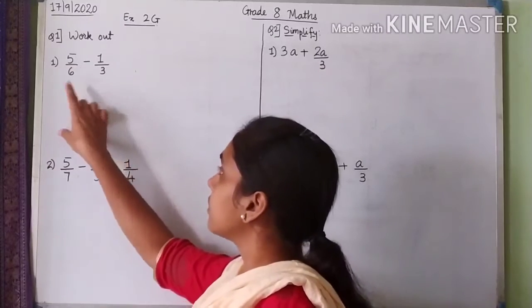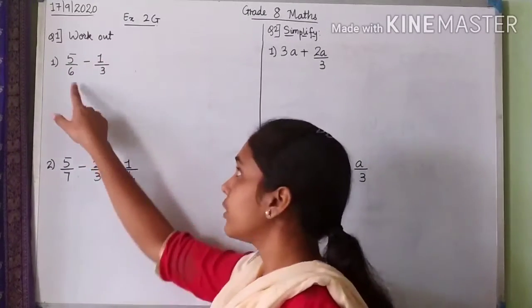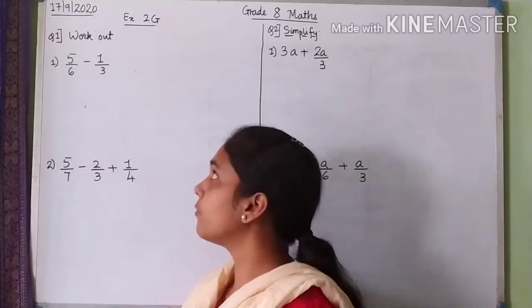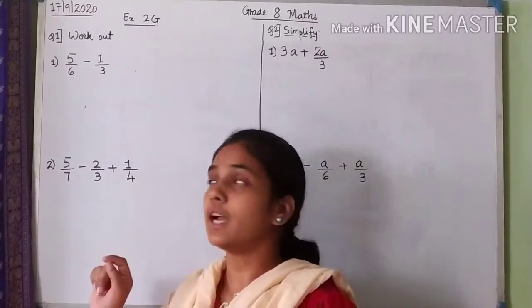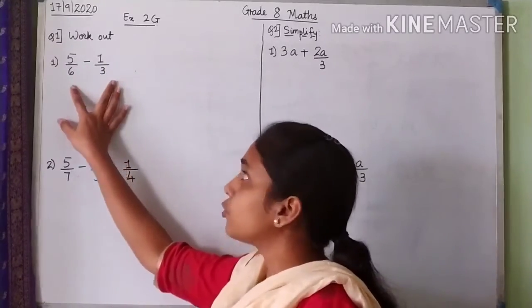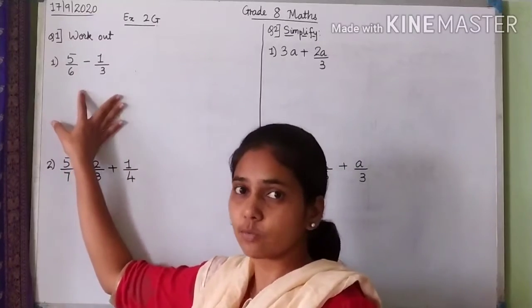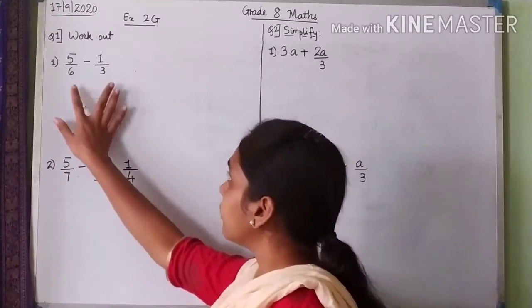So the first sum is 5 by 6 minus 1 by 3. So these are two fractions given to you and they are subtracted. So how do we solve when there is a plus or a minus sign between two fractions? Then we first have to make their denominators the same. We first have to see if their denominators are equal, and if they are not equal, we have to make them equal. So here you can see in